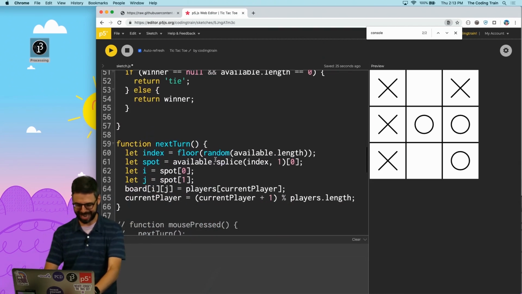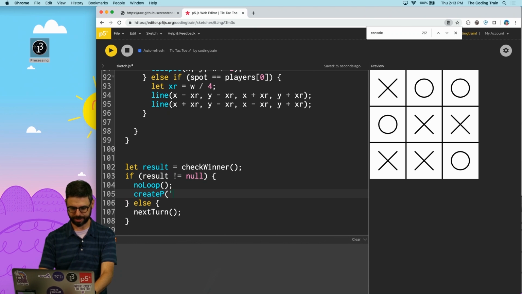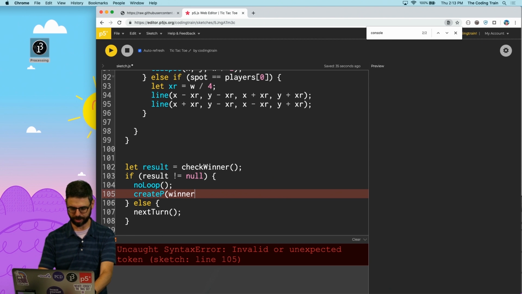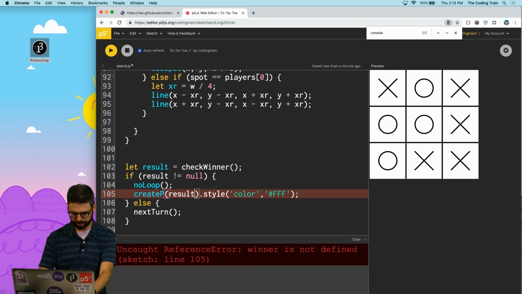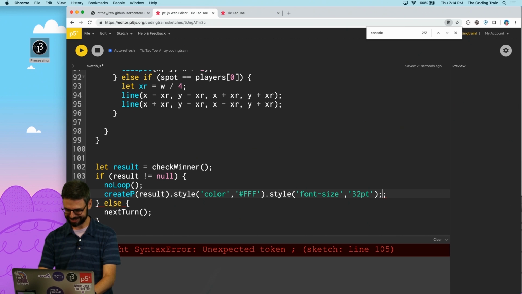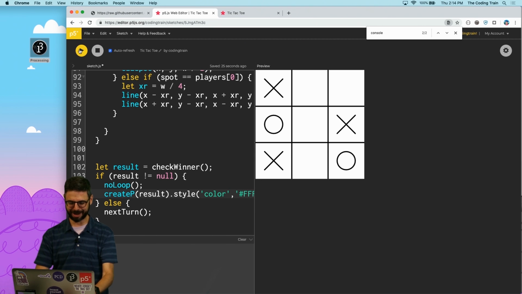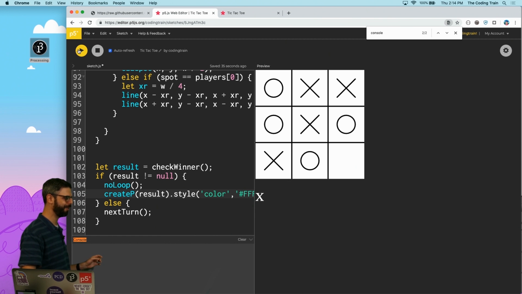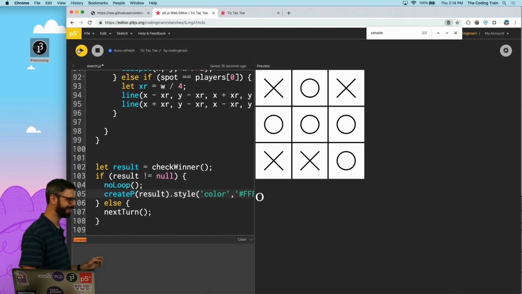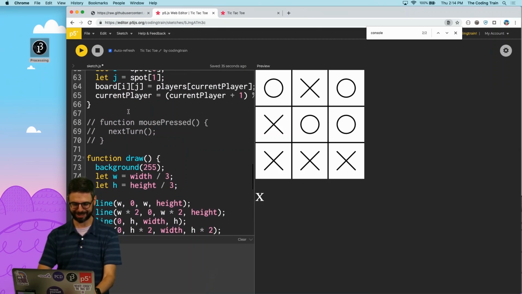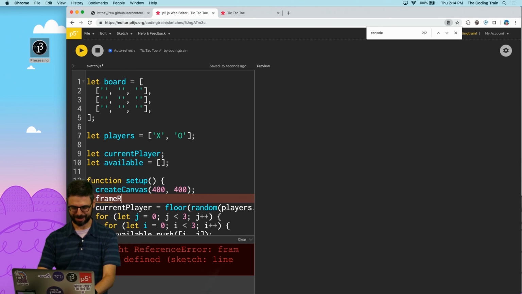So let's at least create a P, create P winner, style, color, FFF. Oh, result, 32 point. There we go. That's what I'm looking for. Okay, now every time I run it, tie, O, X, O wins. And let's change the frame rate. We're going to make this super dramatic. Frame rate